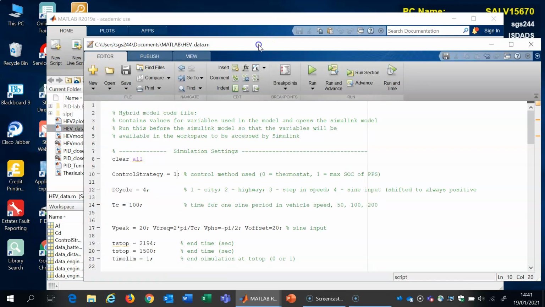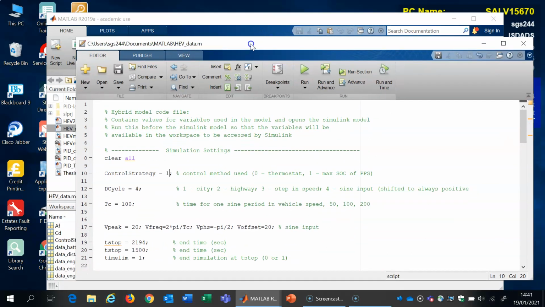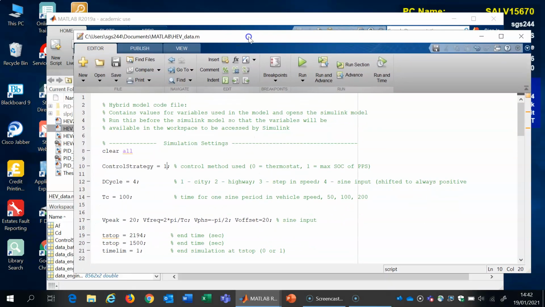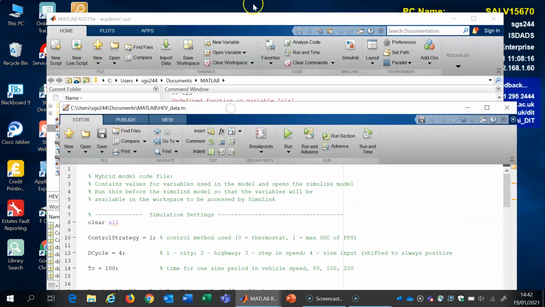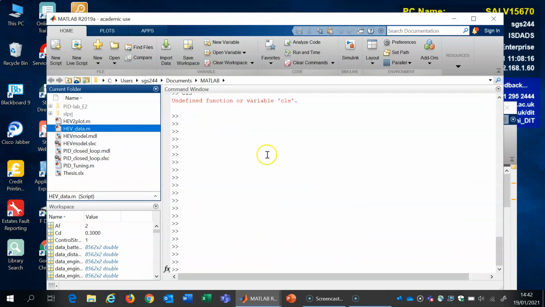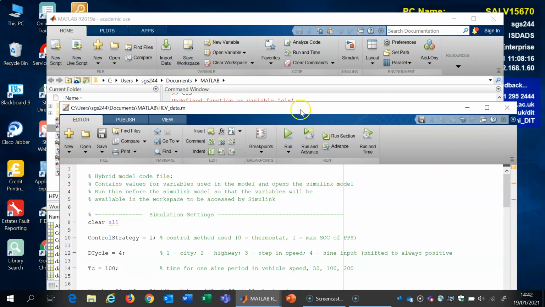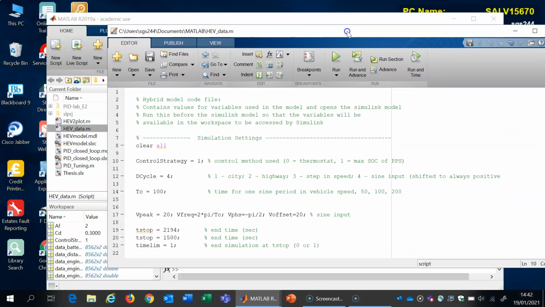Now MATLAB is a huge software, so sometimes there's a delay when you click on something. Okay, so just be patient. Even after you run the simulation and open this window, it can still take some time for the files to open. Okay, so double click on the file called